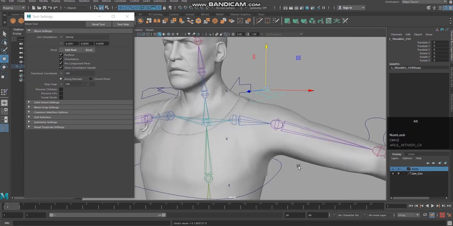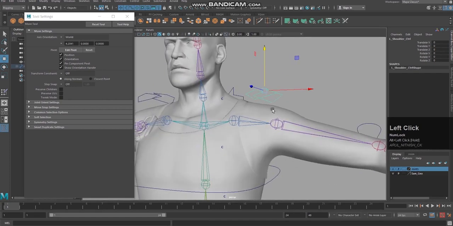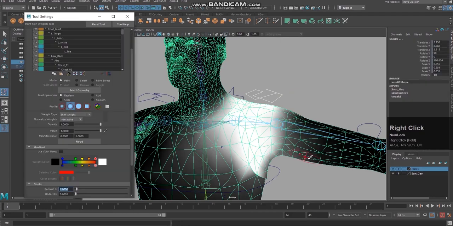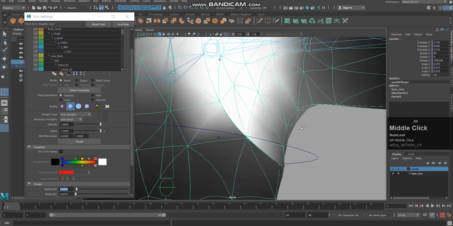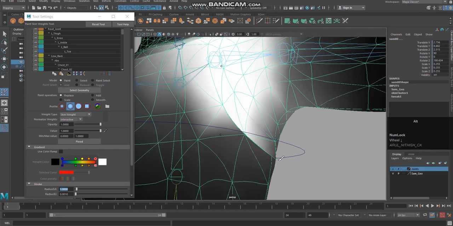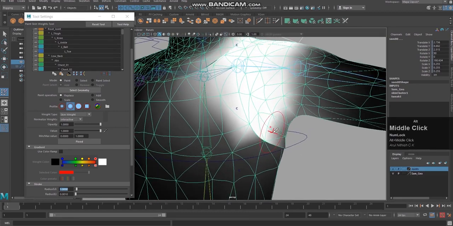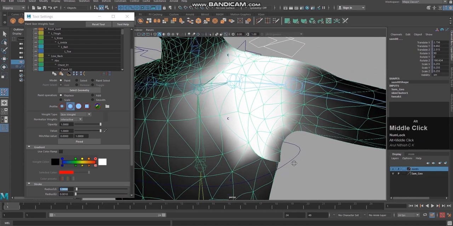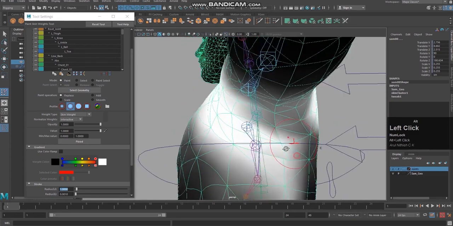Okay, so I can make it smoother. Okay, see, because here the influence is higher, but here the influence is not at all there. Okay, so here again I need to, because the skin is tearing off here, paint the weight again somewhere.